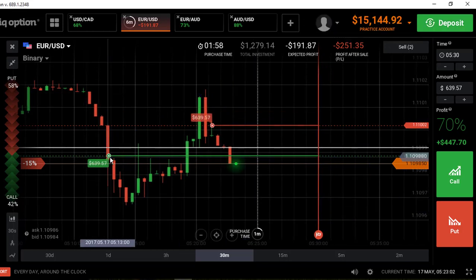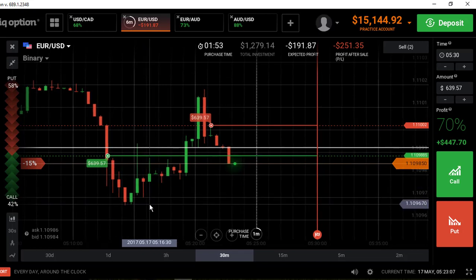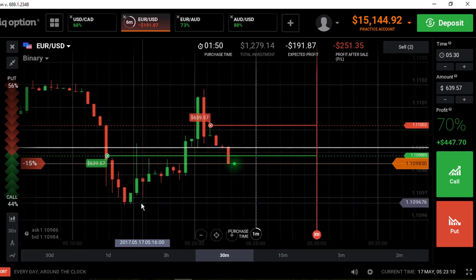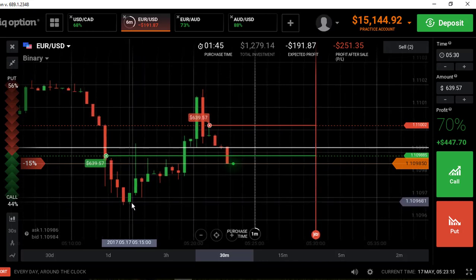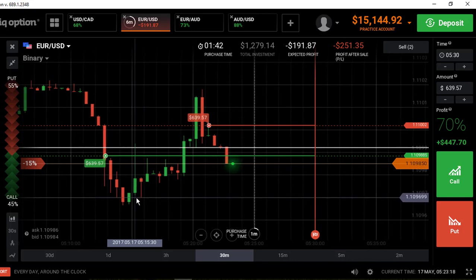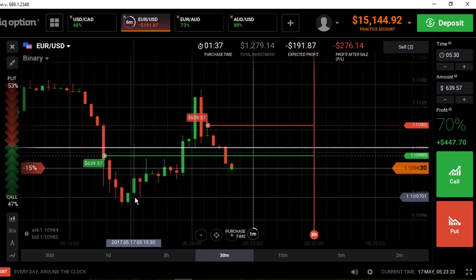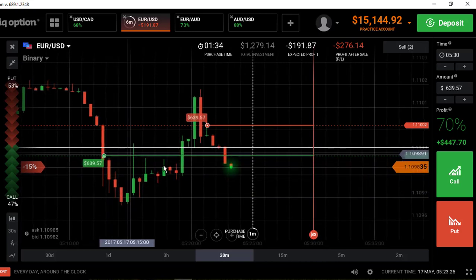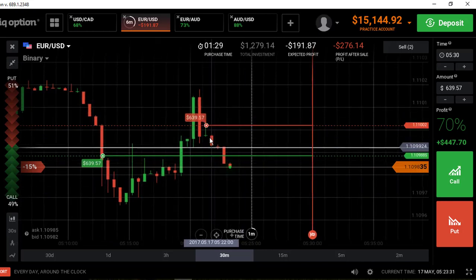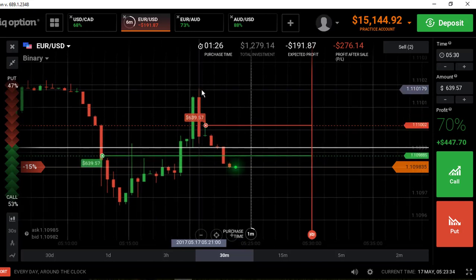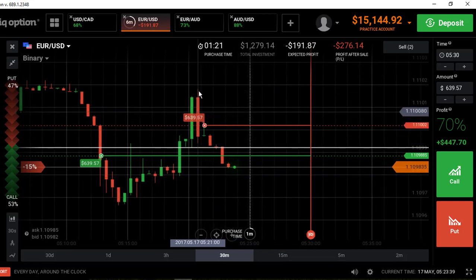For example, since my entry point is a little high, because I know the price managed to reach the next support level, my exact entry would have been a little lower, like here. It would have been a better entry, and in this case there is no necessity to fence. But since I see my entry point is not the best compared to what I see on my chart in the price action, I can make a put when I see the price is above my support, if I also see a sign of rejection on the downside. Because if I make a put and I don't see a rejection from up to down,